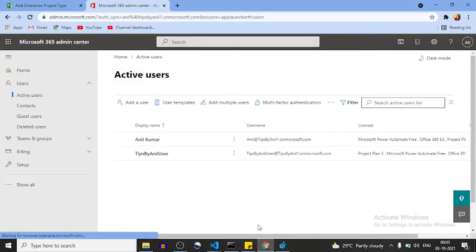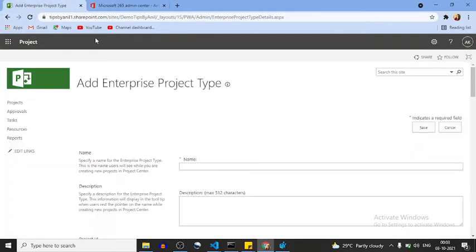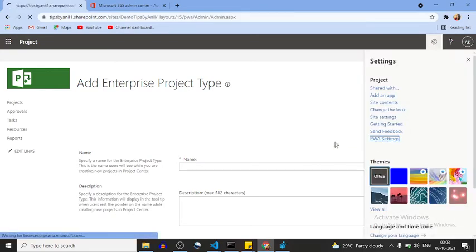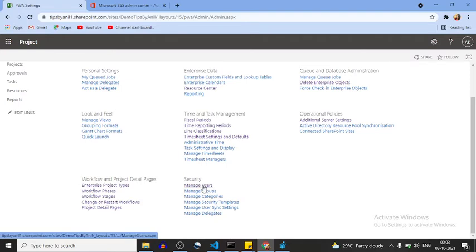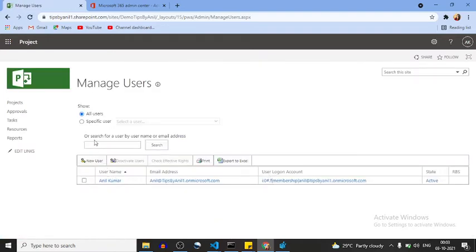Okay everyone, so here we have created a resource, Anil Kumar, Tips by Anil user. Now what I have to do with this resource, I'll go to PWA settings, and under Manage Users, I'll click on New User.